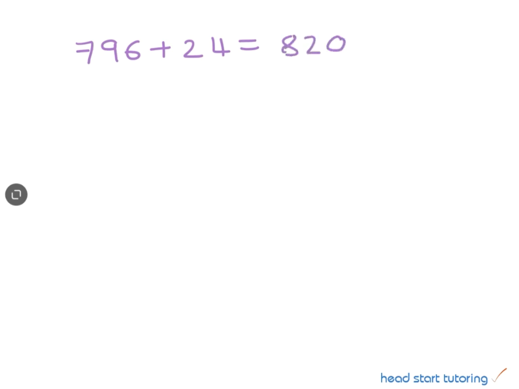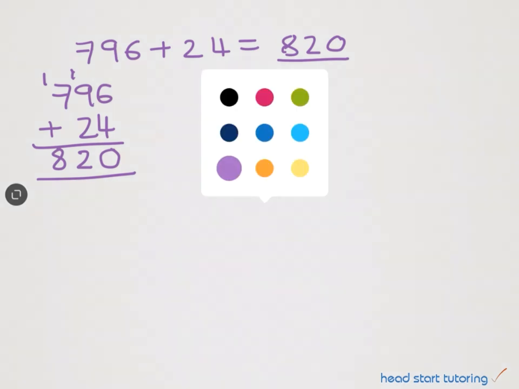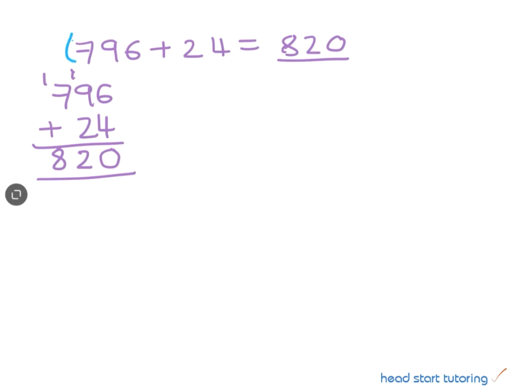Right, if we look at 796 plus 24, we see that we will get an answer of 6 plus 4 is 10, carry our 1, 9 plus 1 is 10, plus 2 is 12, and then we've got 8. So we've got 820 there, and what we will find out is that if we multiply our 796 by 10